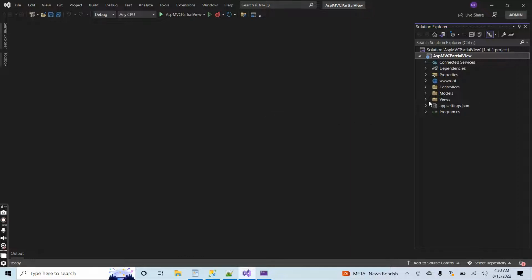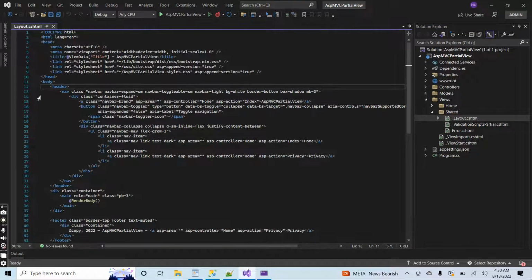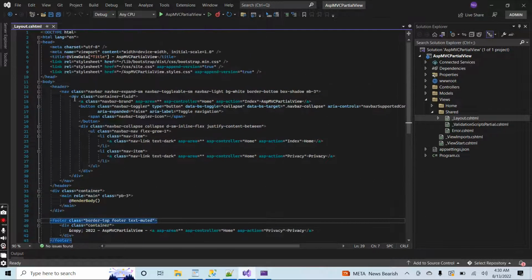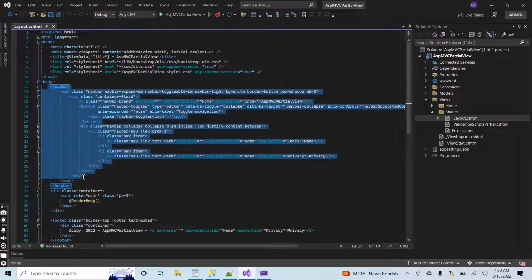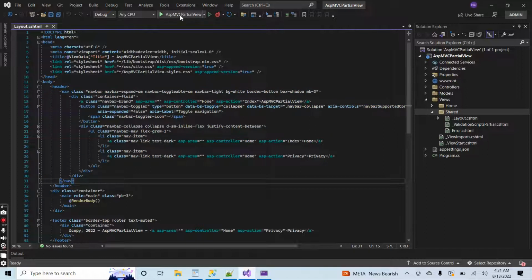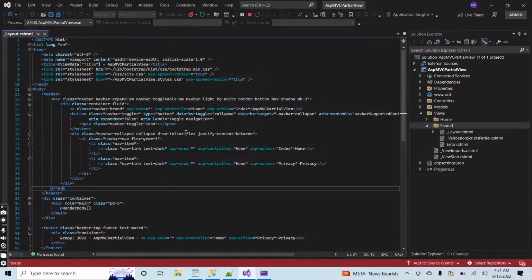If I show you the layout page of the website, then here you can see that we have the header and here we have the body and here we have the footer. Now we can also include this content inside a partial view and then we can render the partial view inside the layout.cshtml page. Now let me first add a partial view and then I will place this content inside the partial view. It is basically the header of the website. If I run the application again,